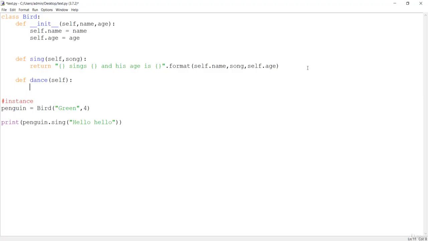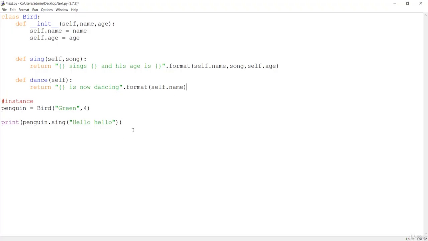That means we'll just make the function over here, we'll just return something from this function, and that is just "is now dancing". So let's format this, and this should be formatted with, let me say, name. If you again do only name, then this is not going to work, because this name is your class object, so it should be referenced with this self keyword, because it is the class attribute, just remember that.